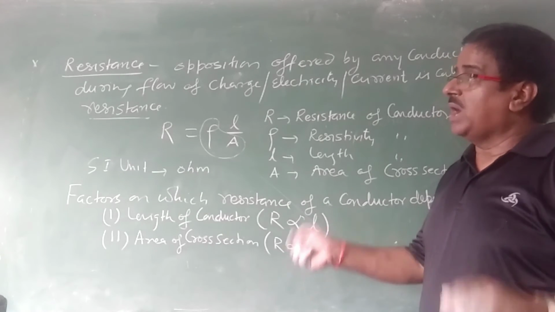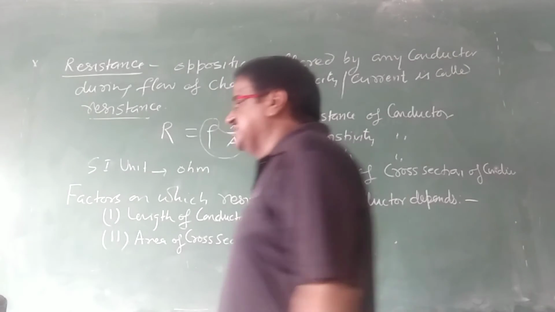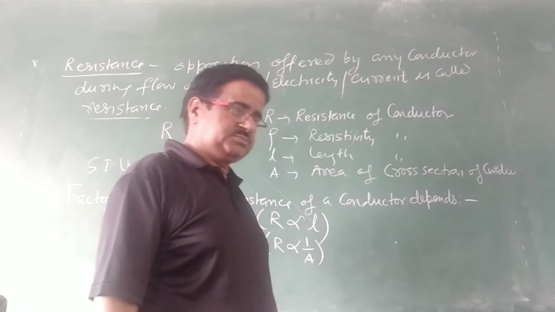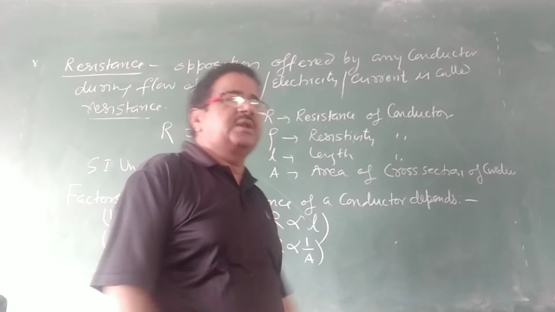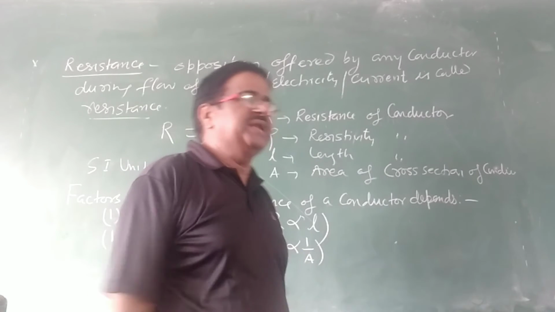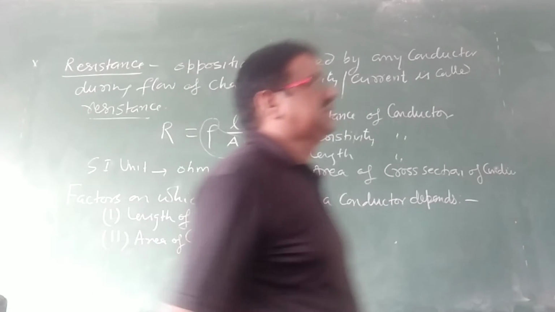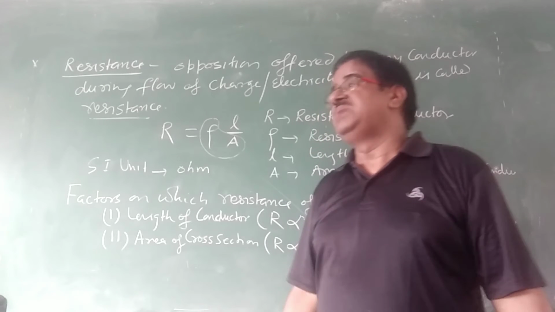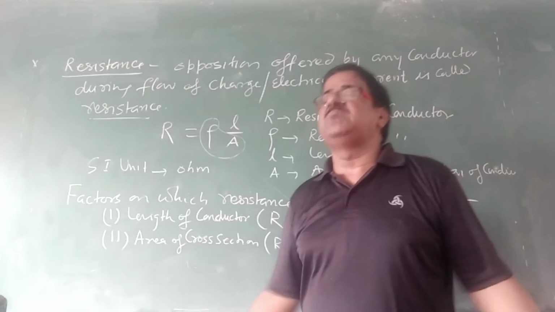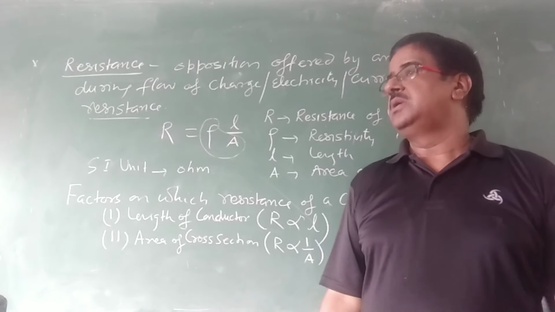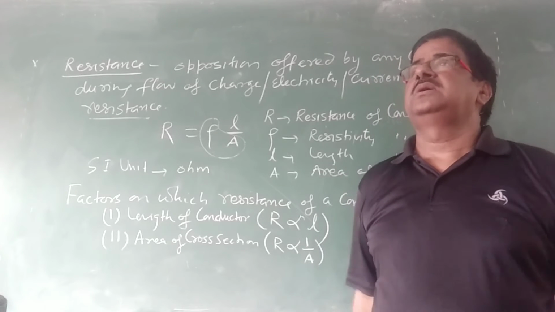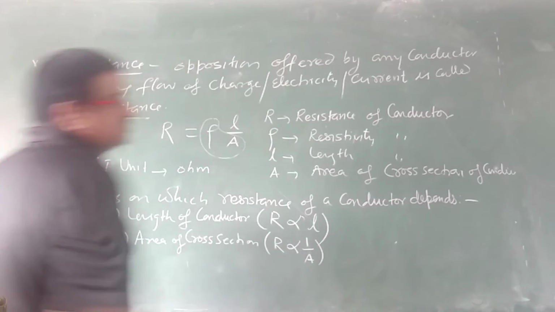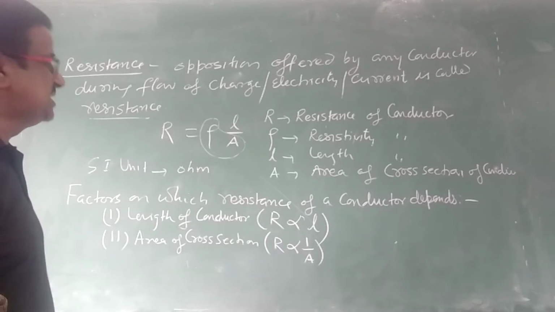If the wire is thin, its resistance will be more. If there is a question that there are conductors of same length and same material, one of 2 meter square area and other of 1 meter square area, whose resistance will be more? The 1 meter square one has more resistance because it is thin, and the thick one has